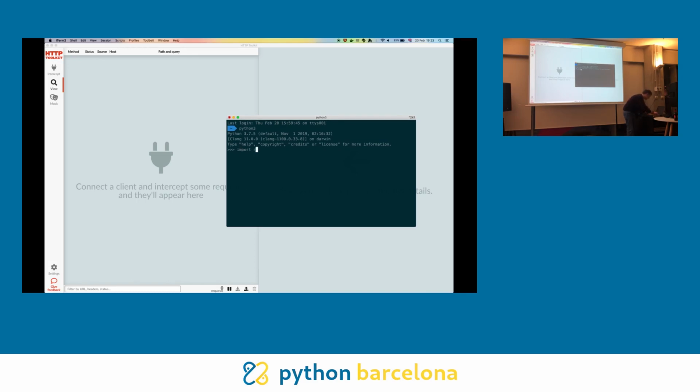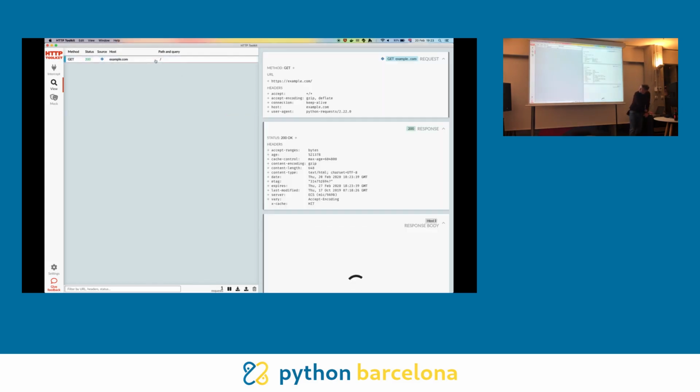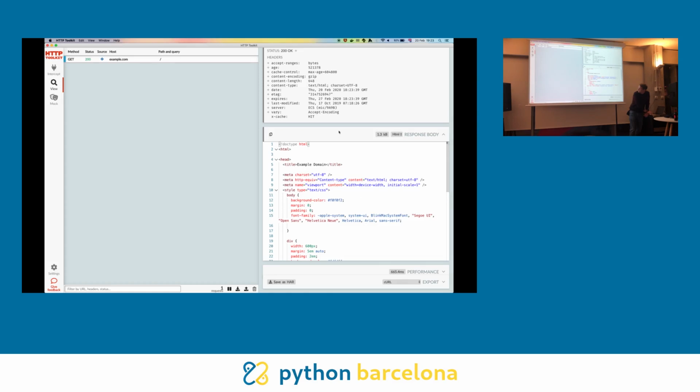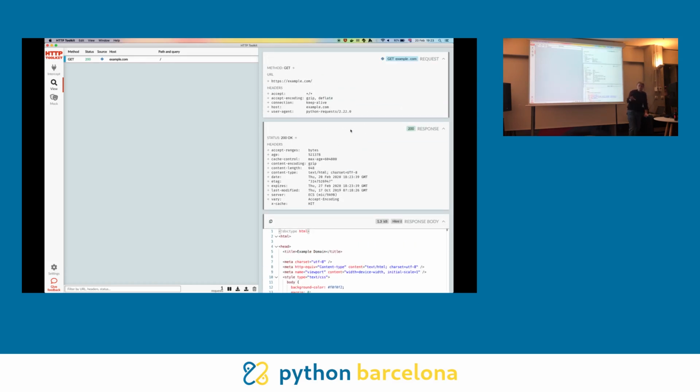So let's try requests, for example. Who's used requests as a library? Popular HTTP library? Great. So we can take this, and we can make a request to example.com, and just like that, we've collected traffic. So this starts coming through here, and you can see that request sends things with these details, and responses come back like this. So there's no setup here whatsoever,